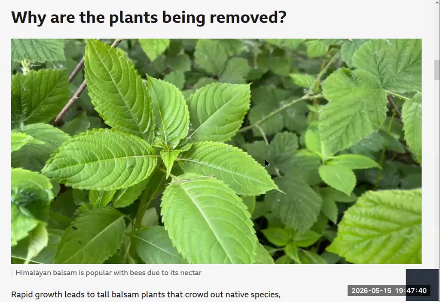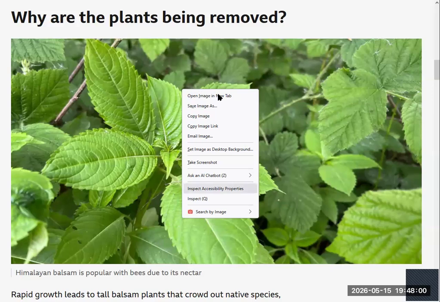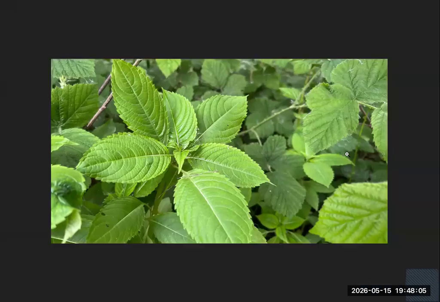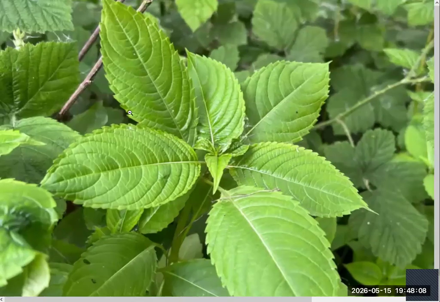Looking at just the leaves here, it does look a lot like what's known as a hydrangea plant. The leaves of a hydrangea look very similar to this. They both look quite similar because the edge of the leaf is serrated, so it's got this very sharp looking edge. It's not a smooth edge, is it? It's got serrations in it, little cuts. Can you see what I'm pointing out? So that's a serrated edge to the leaf, which is very similar to